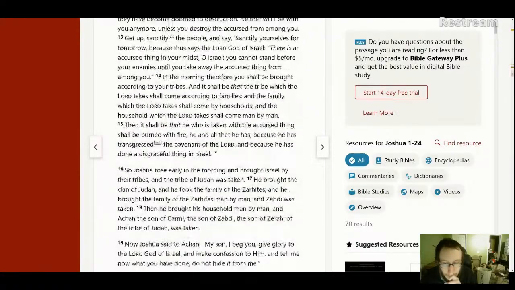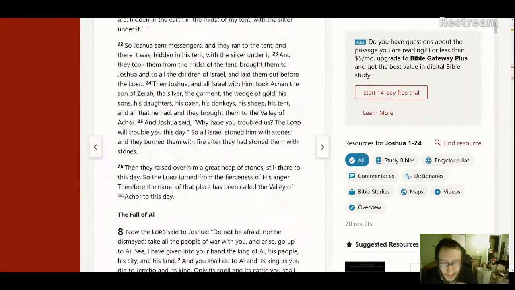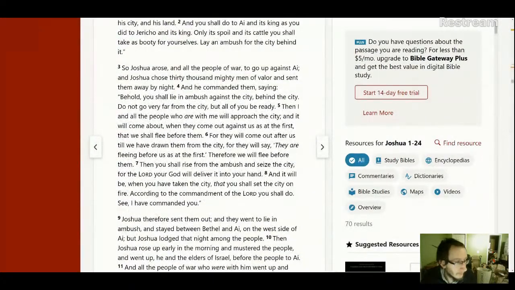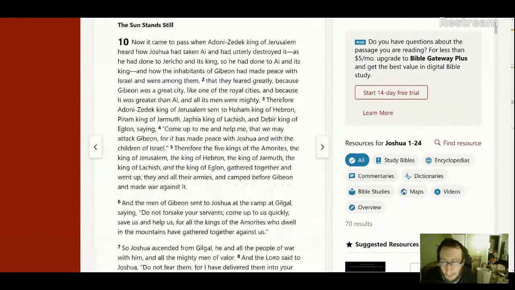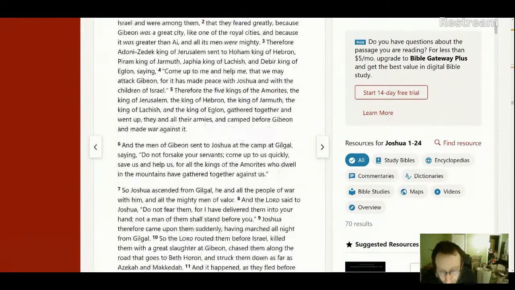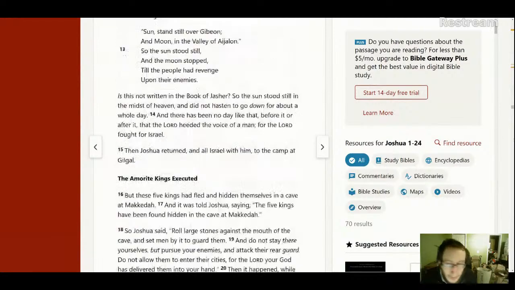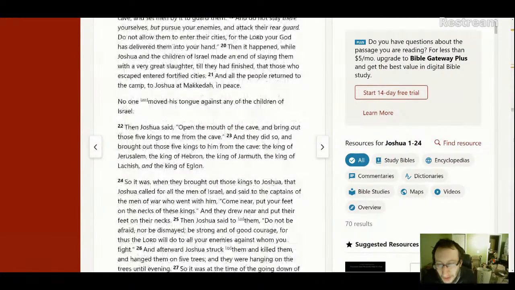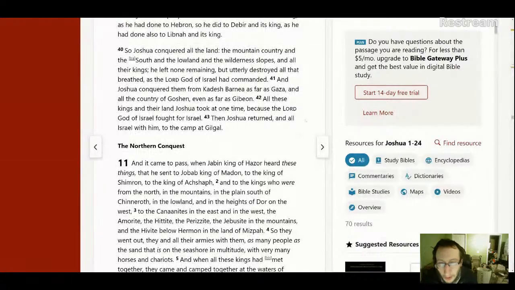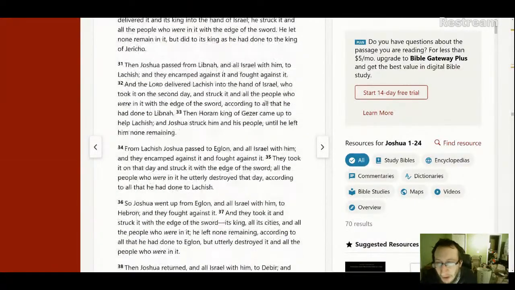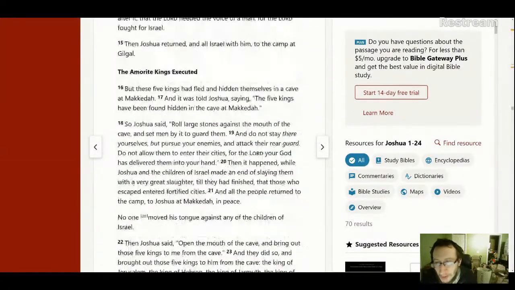And then the sin of Achan. The treaty with the Gibeonites. The sun standing still. Okay, so these were all things that would have been talked about in greater detail. The wars of Joshua against these kings. So all this would have been in greater detail. So this just gives very quick information. So you see right here, it's like